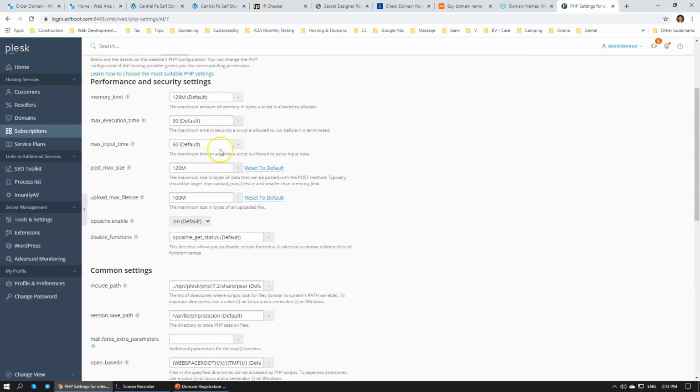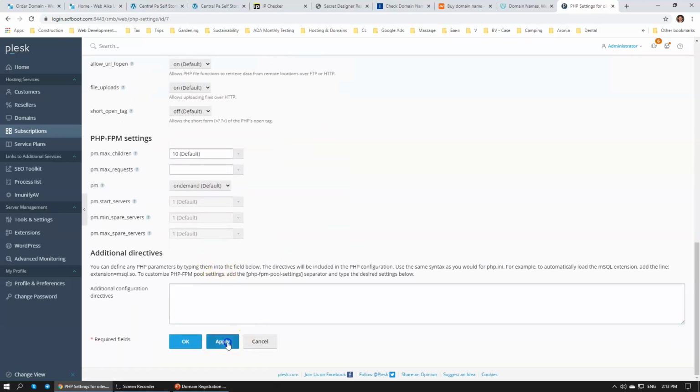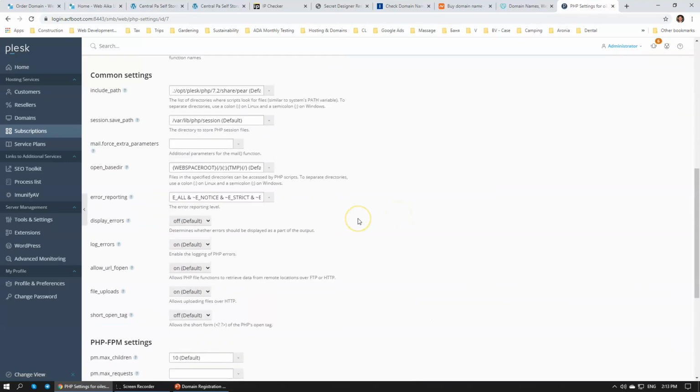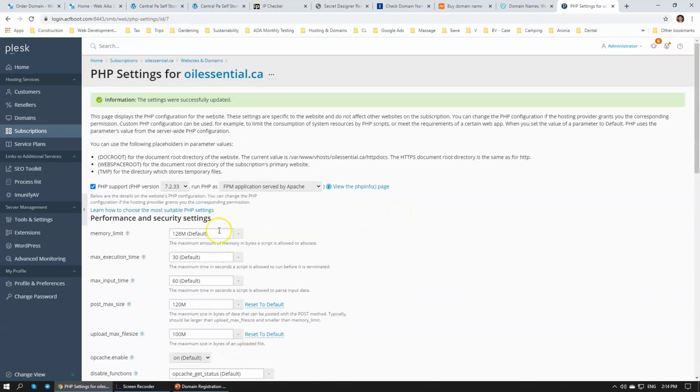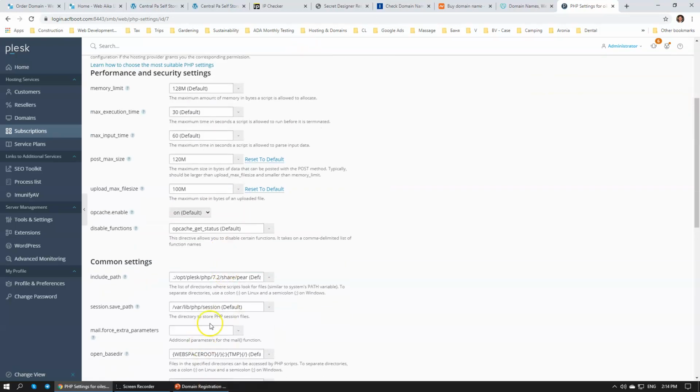So we're going to check that all of the settings are correct. We're going to apply it, and our oilessential.ca website will actually be transferred to a new PHP script. But now the developer's job is actually to go through the website and make sure that there are no errors